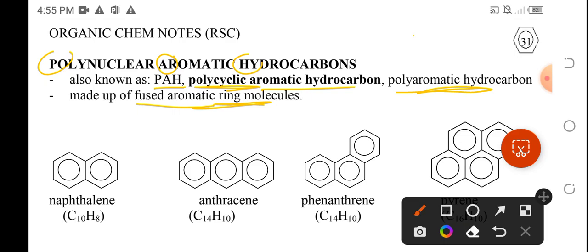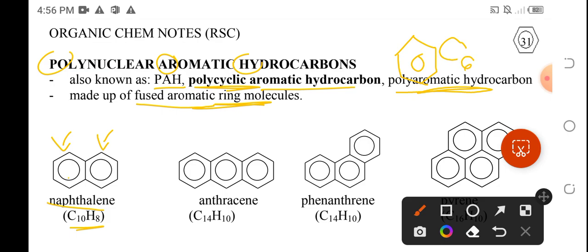So remember that for an aromatic compound, it should have the benzene ring. Okay, so if there are two or more fused, these can be considered as polynuclear aromatic hydrocarbon. And the simplest is the naphthalene. Naphthalene will have two fused rings, so dalawa ang kanyang aromatic rings na magkadikit, and it will have the molecular formula of C10H8. Okay. So remember, hindi ibig sabihin na sinabi ko kanina na dalawa ang kanyang ring ay madodoble